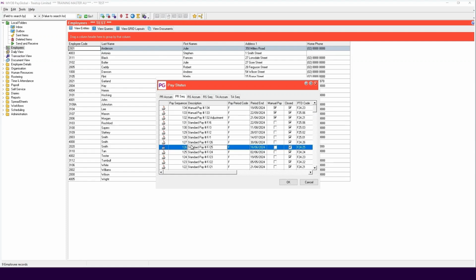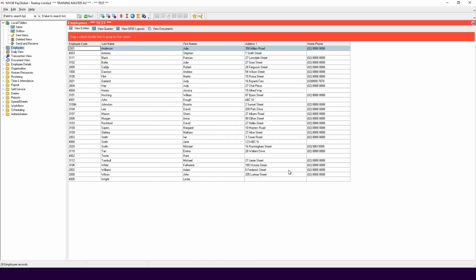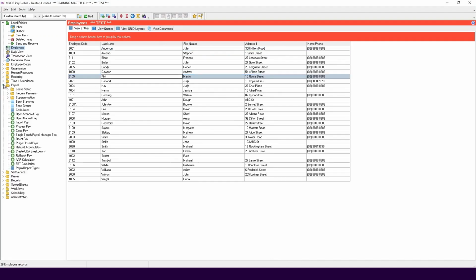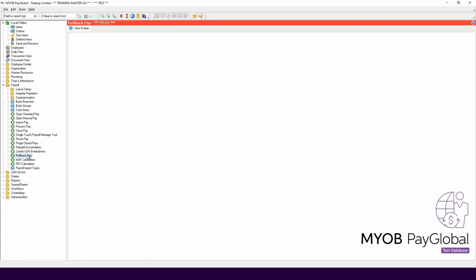You may have sent the bank file to the bank before closing the pay, only for someone to have made changes in the employee that affected the pay, so the figures paid to the bank do not match the figures in the closed pay. It's recommended that you only roll back the last pay that was closed and has not been paid. If the bank has processed the payment, we suggest paying any other payments via a manual pay and to not roll back the pay.